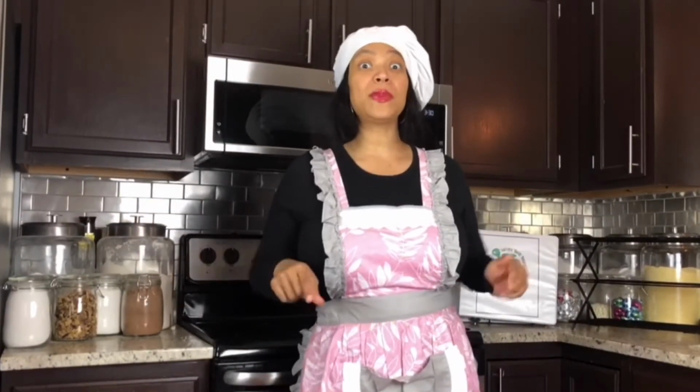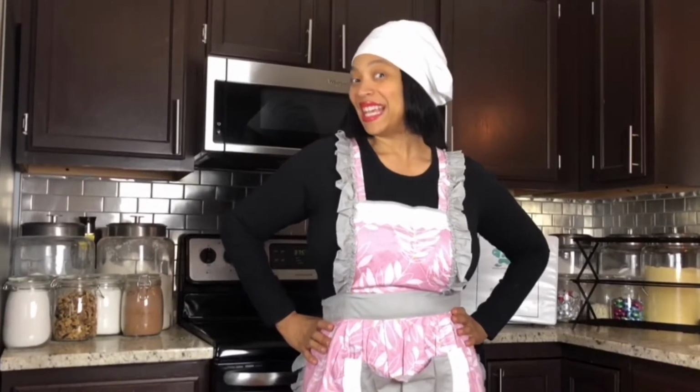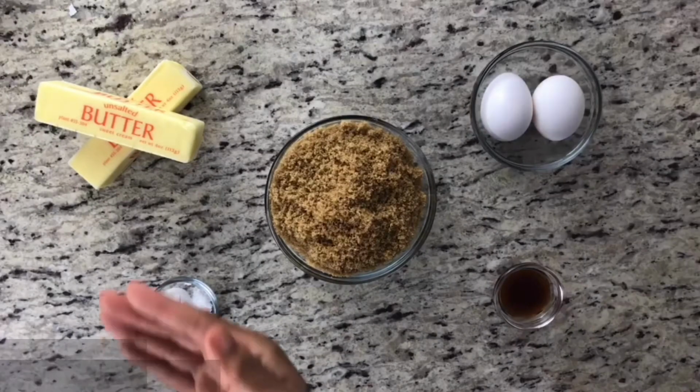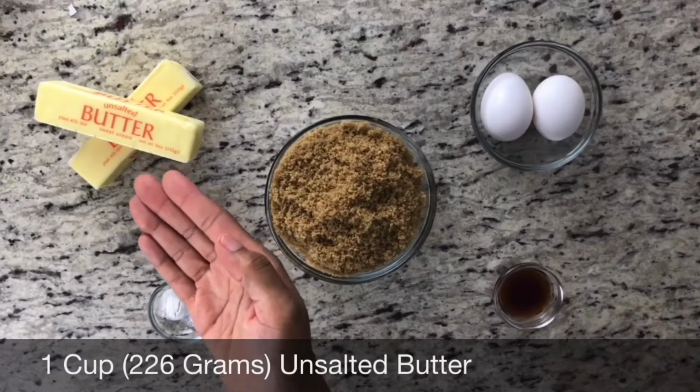I'm really excited to share with you my brown sugar cut cookie recipe. In this recipe, we're going to take some brown sugar and create a tasty treat. The ingredients that you will need are 1 cup of butter,